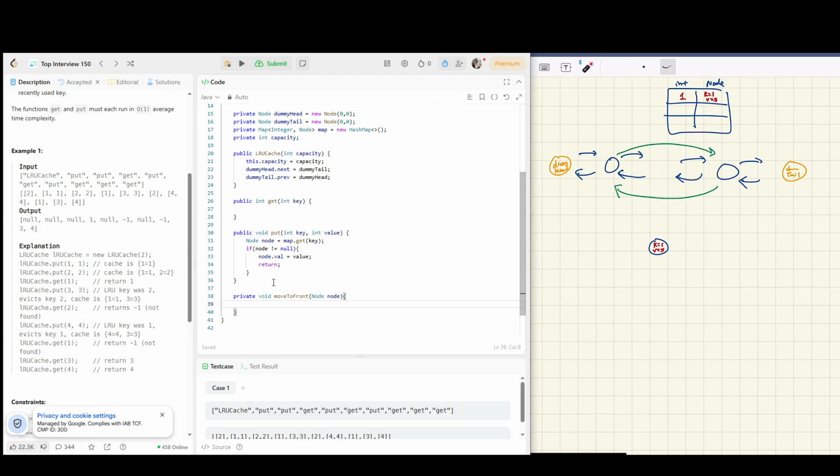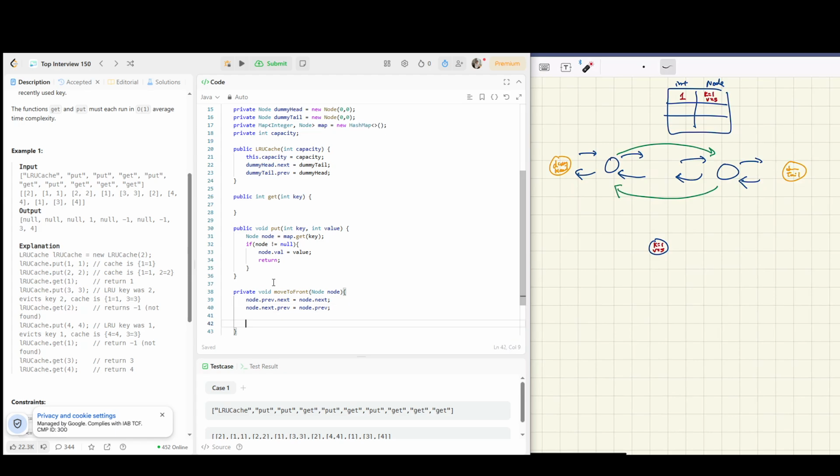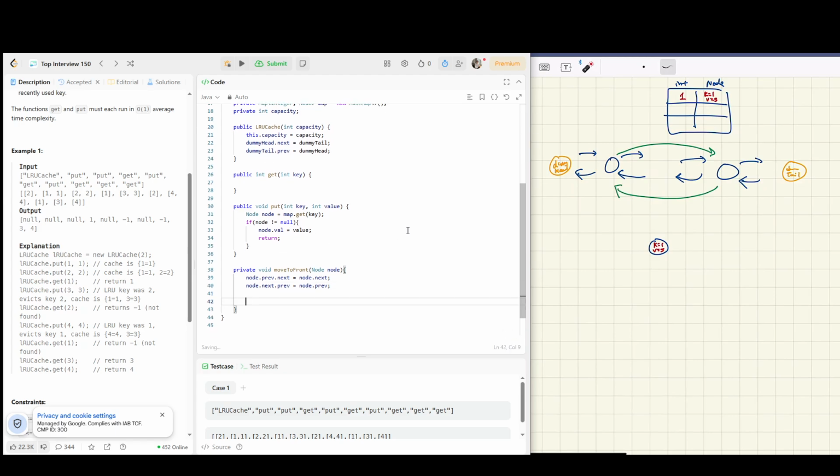So how do we do it? We do node.previous.next is equal to node.next. So that will be node.previous, and this one's next is equal to node.next, and then we have to do node.next.previous is equal to node.previous. Amazing. And now we have to put this into here,